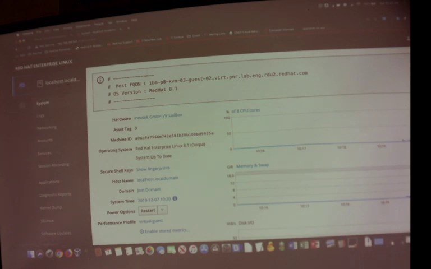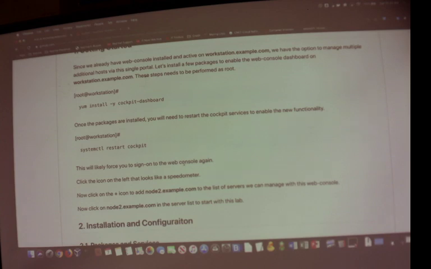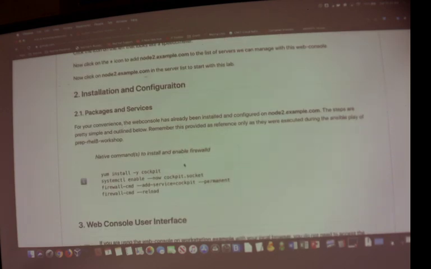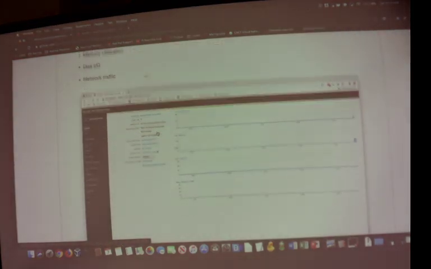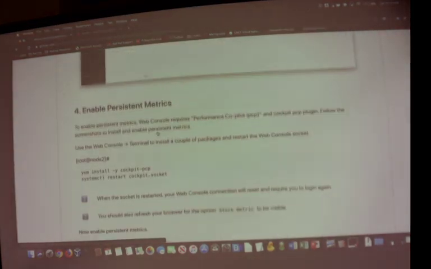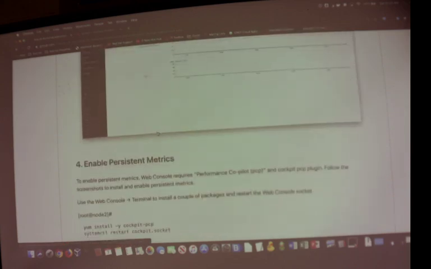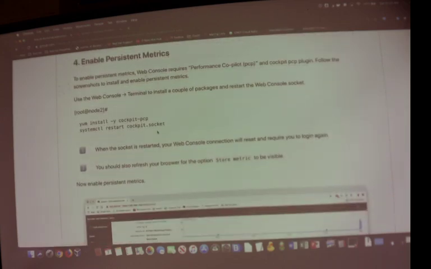So here I have the system, so we'll go back to the instructions and see what it wants us to do. It talks about adding additional systems. It talks about installing Cockpit if you don't have it set up. This was done by the Ansible playbook that prepares the workshop, but if not, it's just a handful of commands to enable this. It tells us to log in as root, walks us around. So now we're going to enable persistent metrics. On that screen, I don't have the ability to save these metrics anywhere. So I'm going to go ahead and run these commands